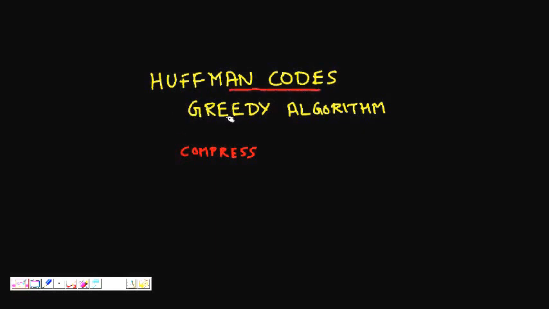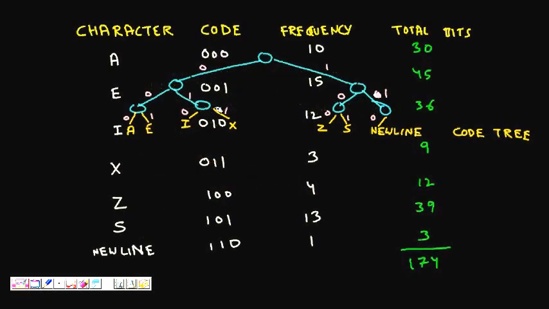This is one of the greedy algorithms, and here you have a certain amount of data to send across a channel, and it's basically some very slow channel, and you want the data to be transmitted, so we compress the data before sending it so that the size becomes smaller. We want the data size to become small. So what to do? Let's take one example.